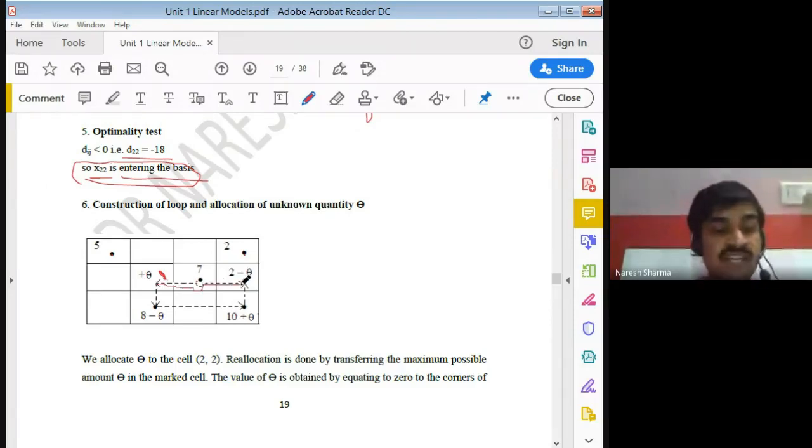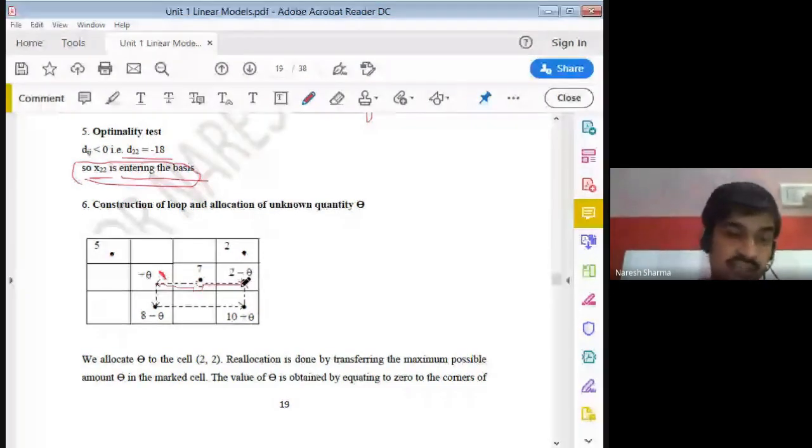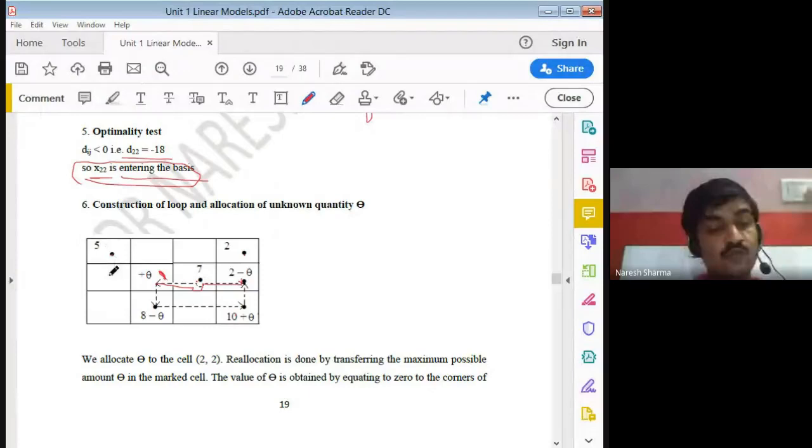Then you have the upside also and downside also. You may go for the upside, then you can go to this 5, but at this point you again stop, because we have no other points to join. So instead of going up, we go to the downside, so that we have one point, that is 10. Now you can choose again point 8 and then go to this. So this closed circuit is important. It's your choice whatever path you choose, but you must start with the same location, that is x22, selected by the optimality test, and you should end at this location also.